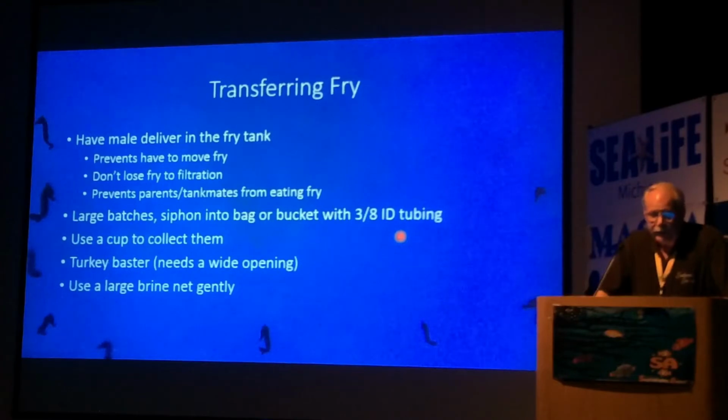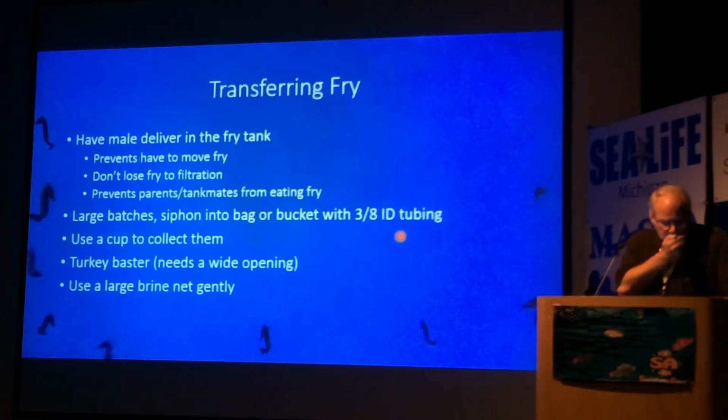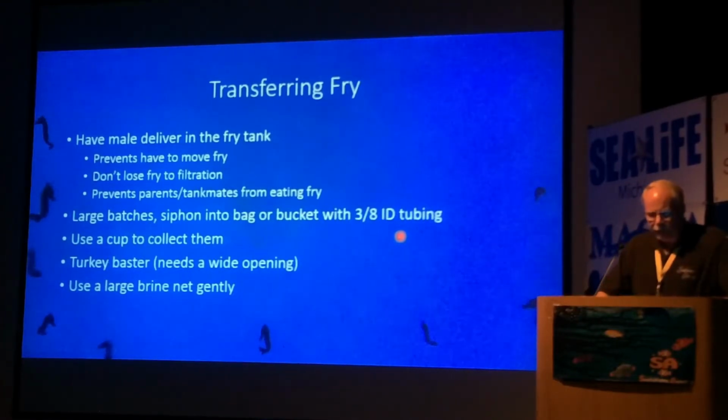One of the things that we see quite often in several of our tanks is that the females will go after the fry. Father gives birth, and then it's just like we dumped a bunch of brine in there, and the females are up there just sniffing away, picking them off. The first time that happened to us,